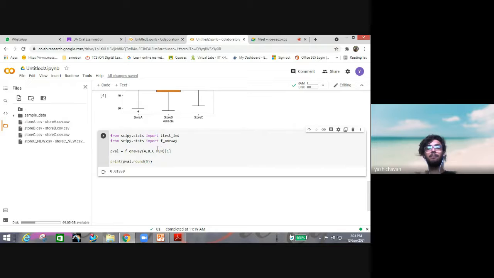The test takes samples from two or more groups, possibly differing in size. As we calculated the p-value earlier, here also we calculate the p-value by using round 5, which gives us 0.01859. We can also change this output by writing 3 or 2 here. So now let us go to the PPT again.